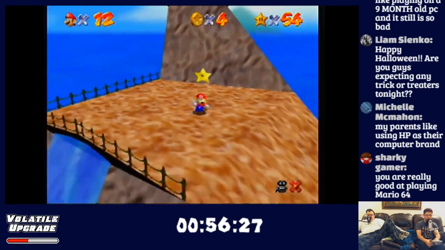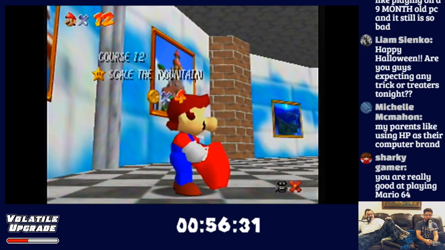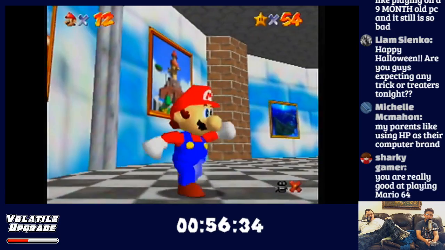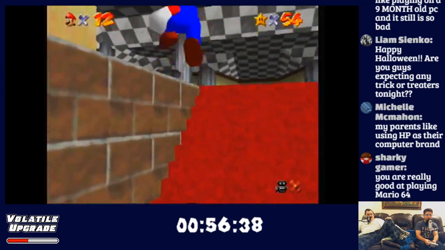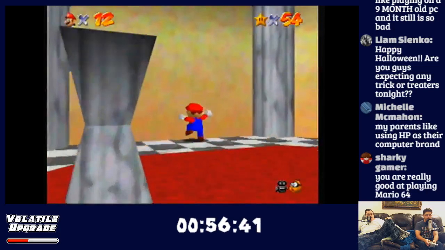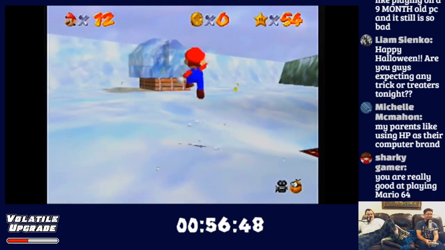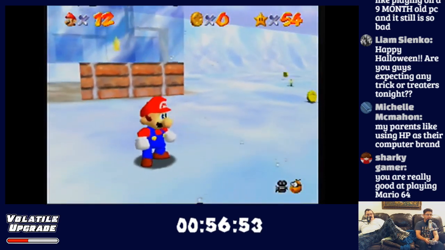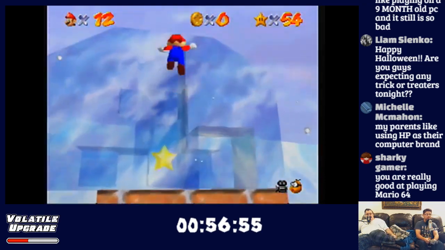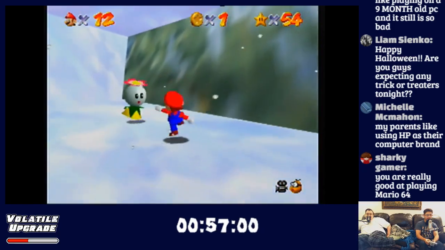We have some new comments. Michelle said, like playing on a 9-month-old PC and it's still so bad. Yikes. Jeepers. Liam says, Happy Halloween. You guys expecting any trick-or-treaters tonight? Nope. We are safely in an apartment locked behind a security door. We're fine. Michelle says, my parents like using HP as their computer brand. Sharky Gamer says, you are really good at playing Mario 64. I don't feel so good right now. But thank you. He is relative to most of the population, but...